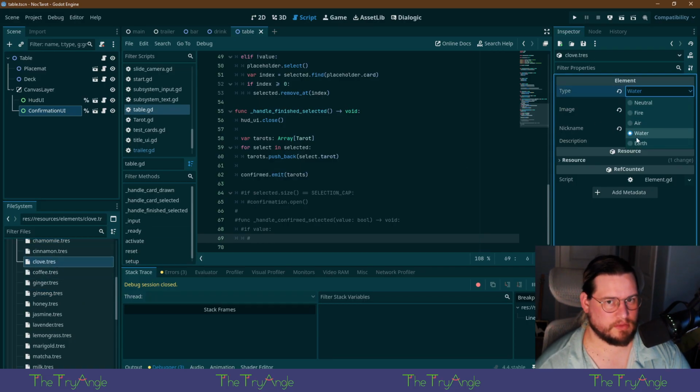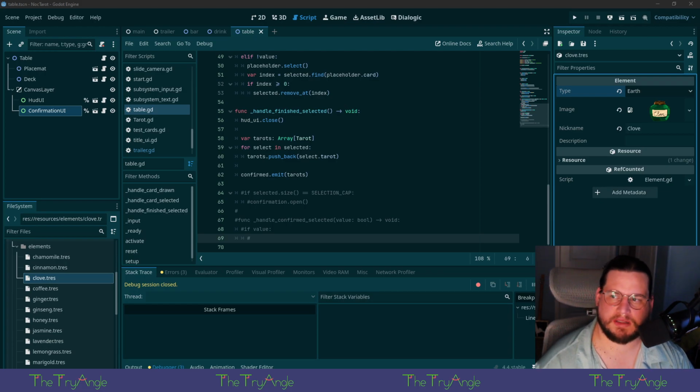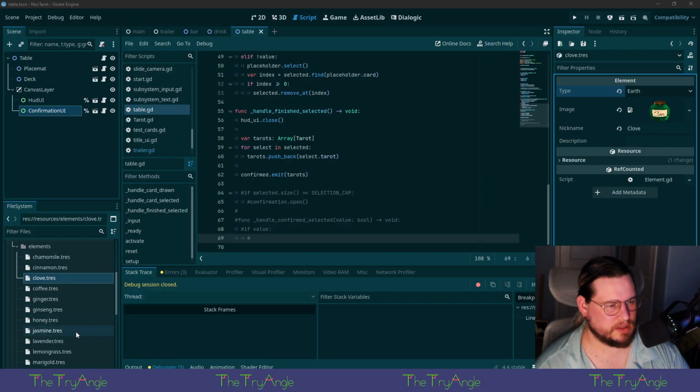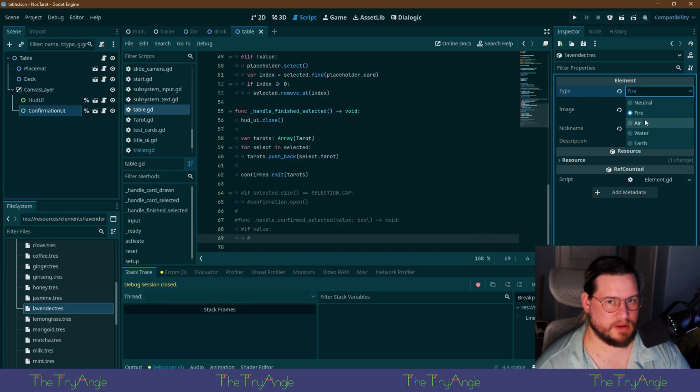Clove. Earth. Air: mint, lemongrass, and lavender. Lavender, air.